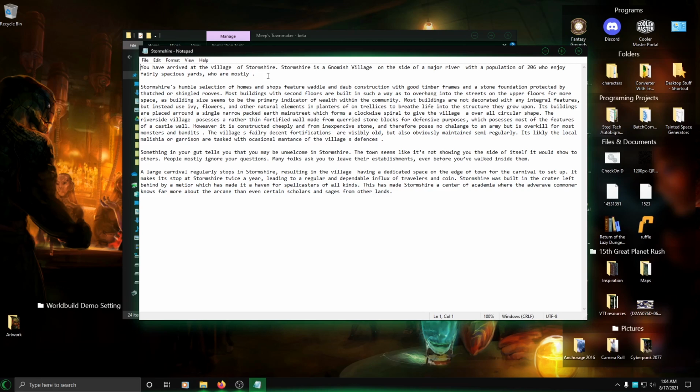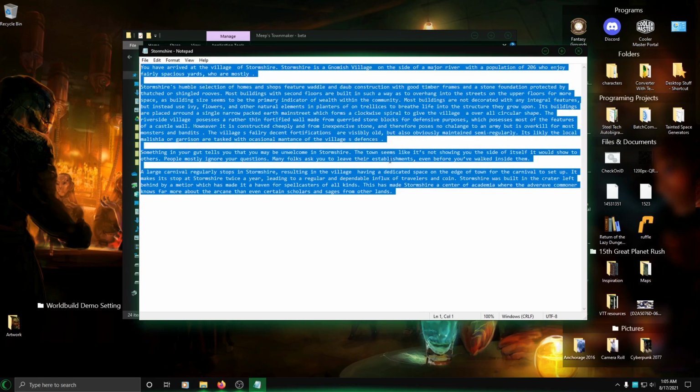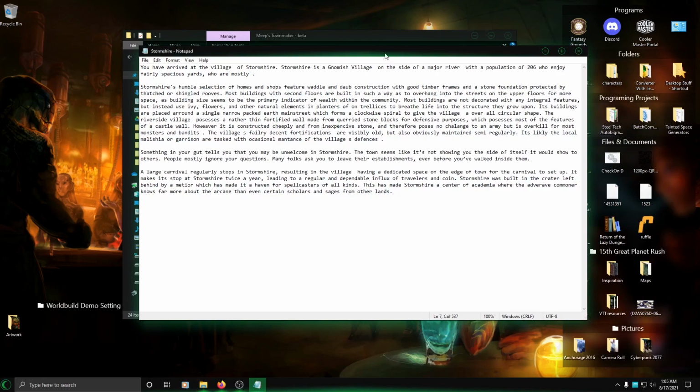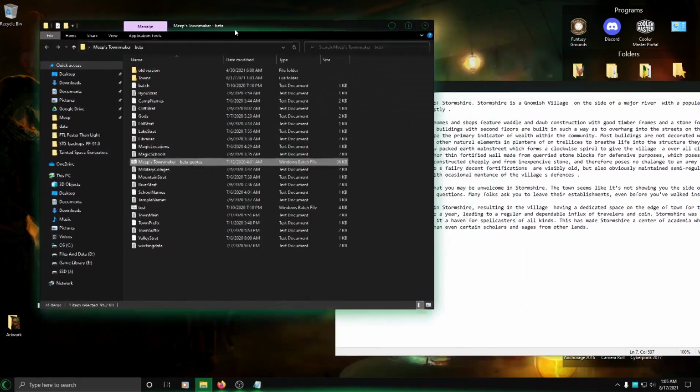Stormshire was built on the crater left behind by a meteor, which has made it a heaven for spellcasters of all kinds. This has made Stormshire a center of academia, where the average commoner knows far more about the arcane than even scholars and sages from other lands. That's actually pretty decent and pretty good, right? This just seems like a well-thought-out, little basic description of a fantasy village, and it was created from thin air